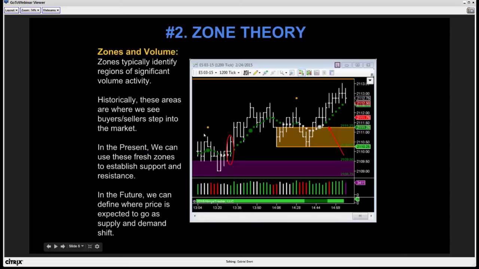Okay, so now that we know where these levels are and how support and resistance and supply and demand is identified with the software, and again, this is just basic zone theory, we're going to keep track of them. Then as the trend develops, we know how to historically identify these consolidation areas, and in the present, we're going to use these areas for support and resistance to be able to jump onto the trend, because